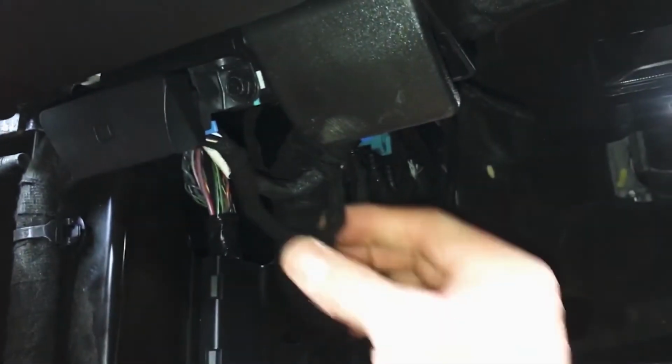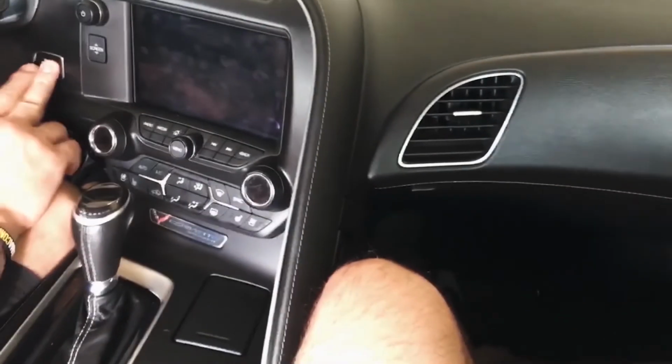So the biggest challenge with this is kind of working where you can't really see because this car is so low. So if I go ahead and fire this up,